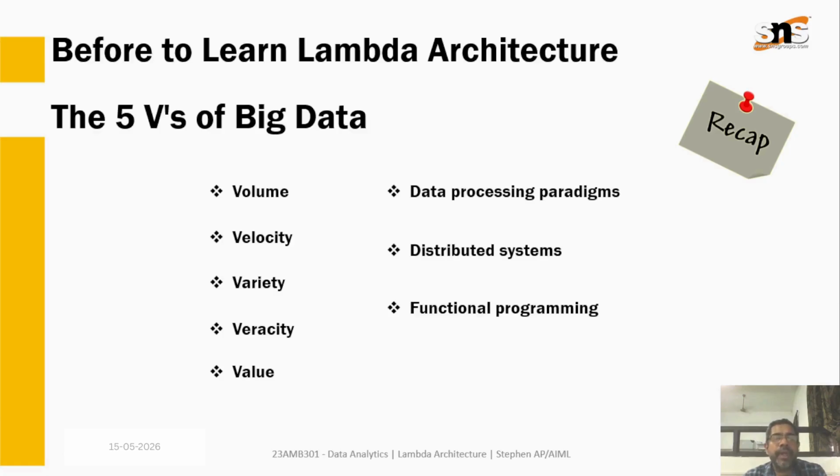And then we talk about variety. In a normal DBMS, we may go with only structured data, or one type of data alone can be stored in the table. But in the big data architecture, we can store a variety of information. The data may be in the form of numbers, or images, or audio, or video, or any kind of media, and it can be stored in big data systems. So a variety of data can be stored.